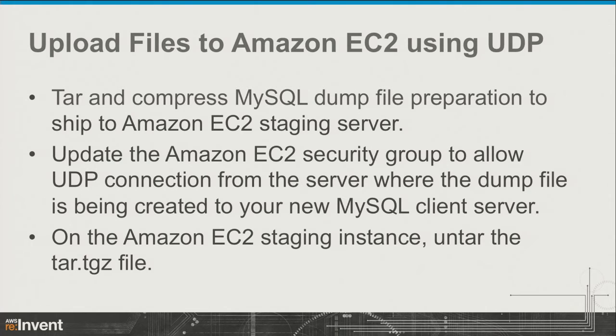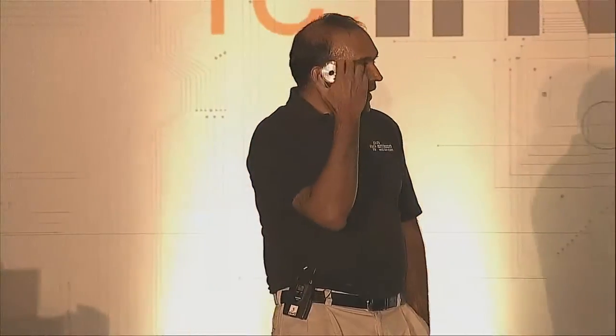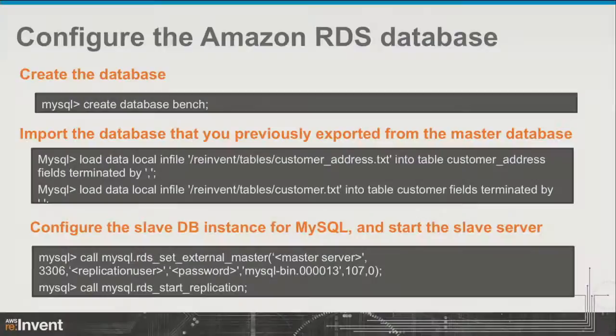Then, on the staging server, make sure you update the EC2 security group so that the protocols and ports are open in order for that transfer to happen. And then on the EC2 instance, make sure you untar the file. Then on the RDS database, log in and create the bench database. That's the first step. Once you create that, we're doing this from the staging server, right? So from the staging server, use the load data local file to import the data files